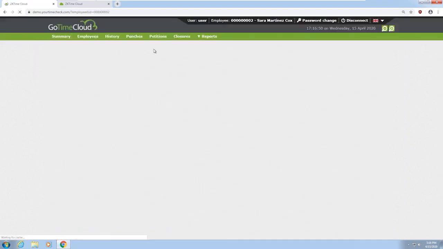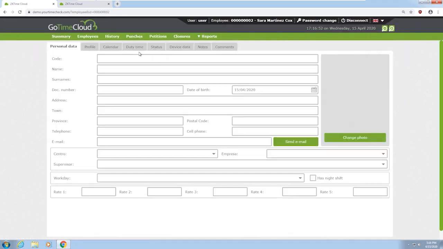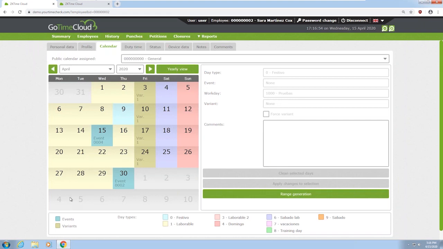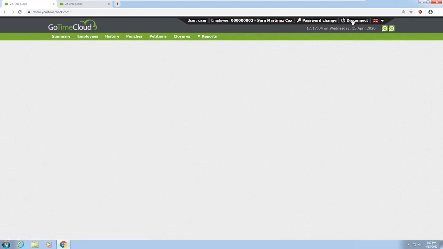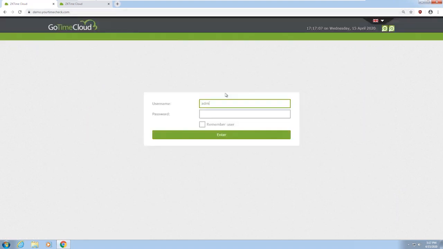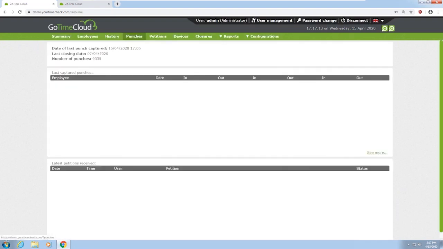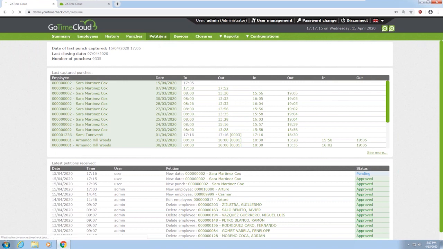Okay, it's saved. Now, as you can see, if I go back to the calendar, I saved it, but it still doesn't appear. Why is that? Because the petition has not been accepted yet. I need to go back to the supervisor of this employee or the administrator, which will be the case. To petitions, which is pending the petition,